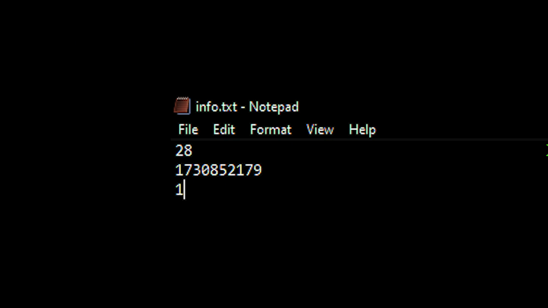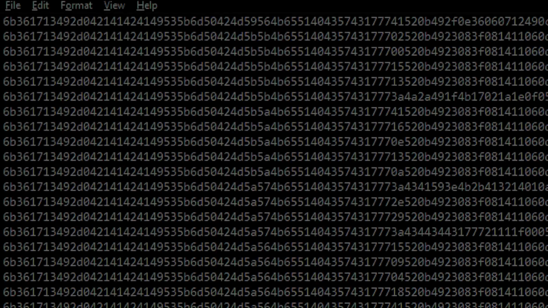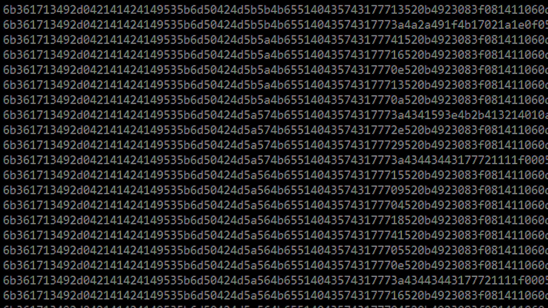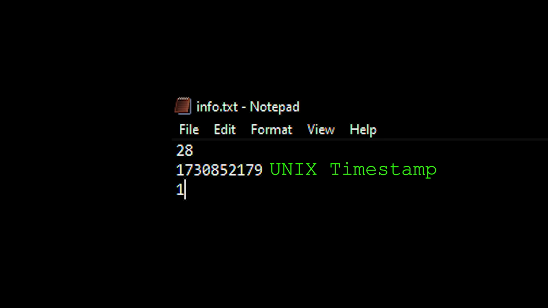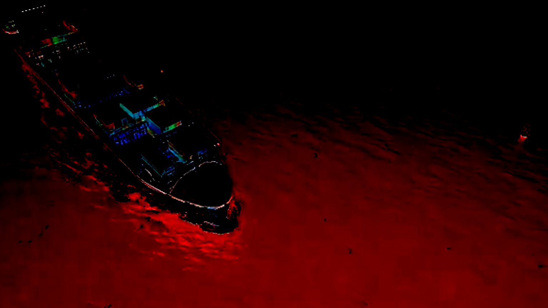The first is the XOR key, a piece of the puzzle used for encrypting the data Horizon has captured and recording it in a TXT file. That way, should the file be discovered, its true intent would be obfuscated by the encryption. The second is the Unix time for the start session. This is used to determine when Horizon should export the encrypted data and start a new session.